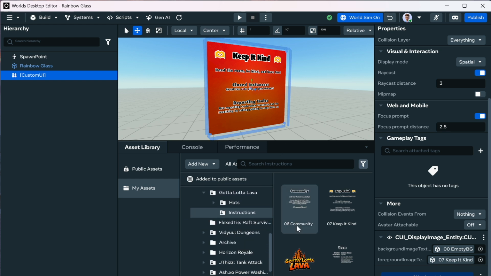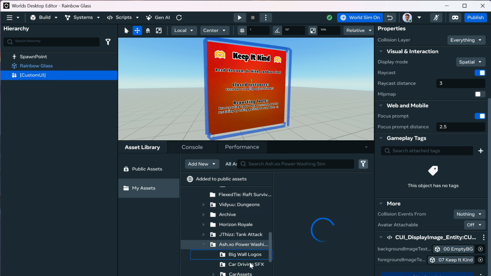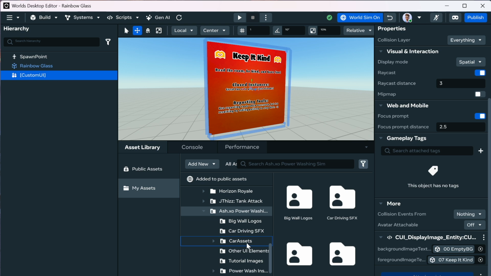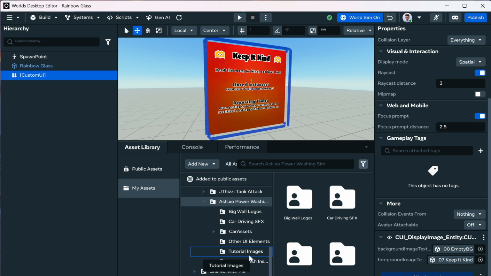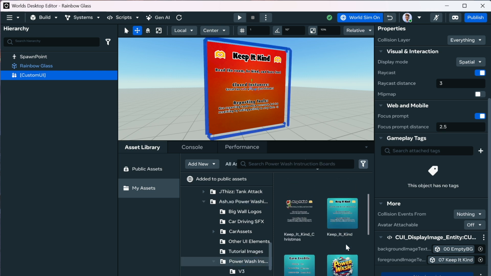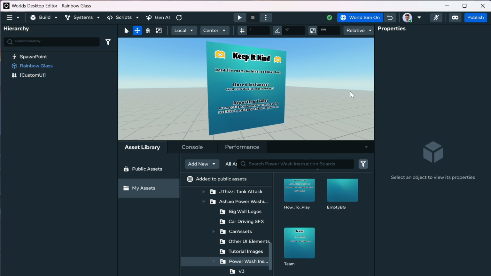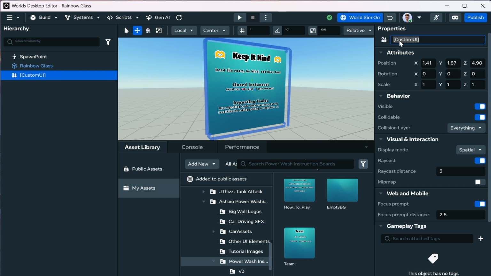And I think I've actually got a better background inside of the Power Wash one. Power Wash. And I think Ash will be totally fine with me using it. So power wash instructions without background means that there's an empty background. There it is. Nice. That looks good. Cool. So there you go. That'll be the default. So now what we need to do is take this custom UI, give it a good name, which we're going to call the